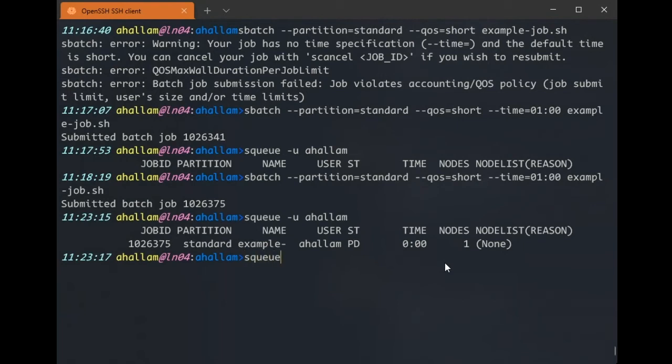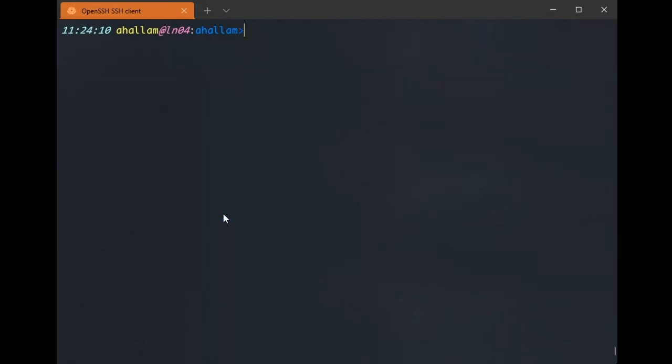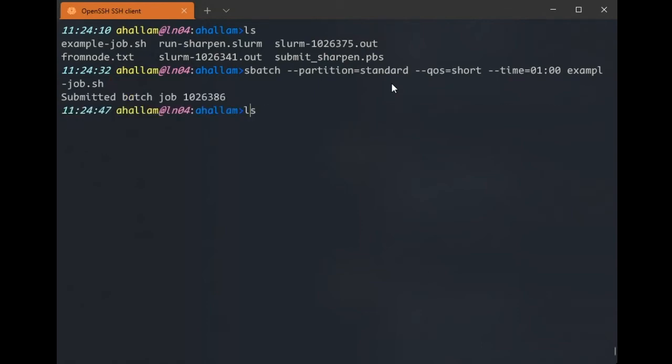So you can also use sq-me. So this will give you your information. But there wasn't any printout, so I submitted 2 jobs here, but I didn't get any printout. And that's because the job has basically been sent by the scheduler to another node. So I'm not going to get any printout in my local shell. But if we use ls, you can see that we've got 2 files now with this .out extension. And there's 2 files because I submitted the job twice. If I submit it again, we should get a 3rd file,